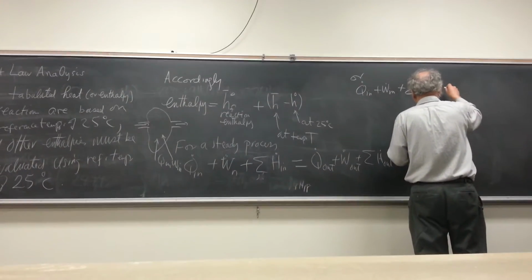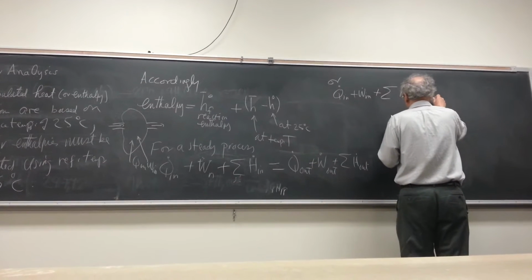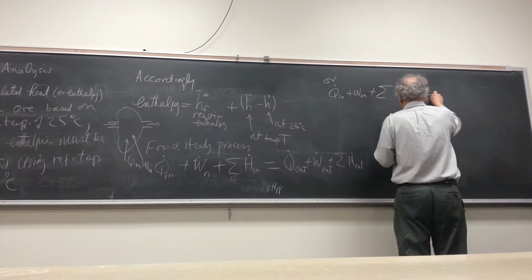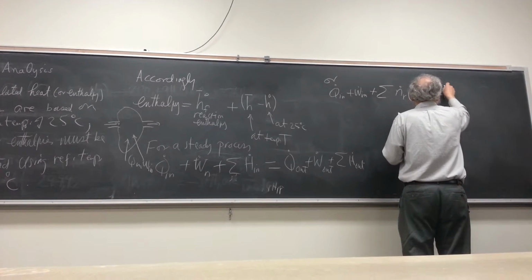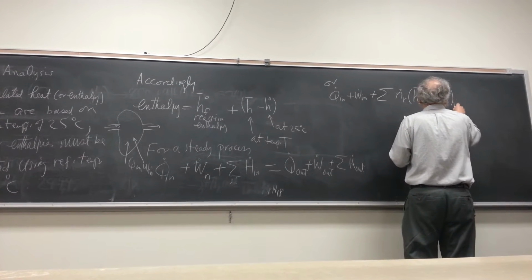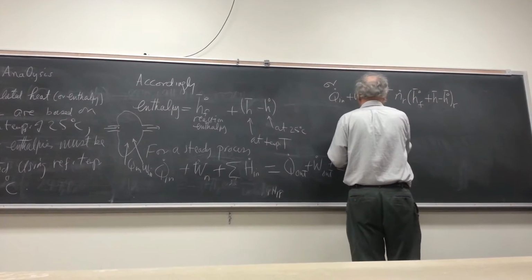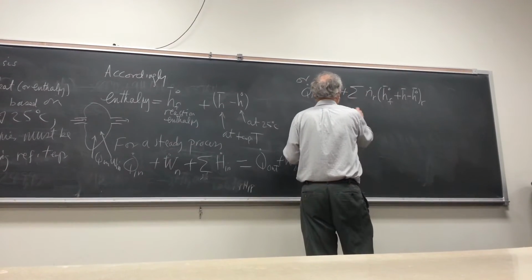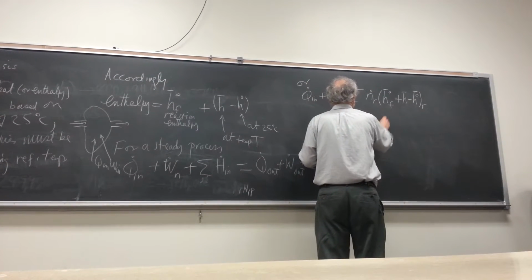H bar F for reactant, plus H bar, minus H bar naught for reactant, must be equal to Q dot out, plus work dot out,